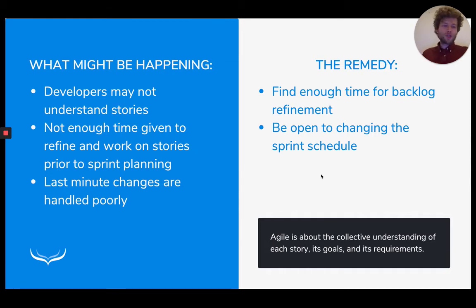And for those last-minute changes, there may be certain occasions when really significant changes are happening in the organization, or we are doing some strategic changes. I think these days it may happen more often, or we just figure out some competitive opportunity that we can take advantage of. So you may need to be open to changing the sprint schedule, saying, okay guys, let's maybe extend the current sprint by 1 week, and we'll take some existing stories from the backlog, or extend the scope of the existing stories, or work a little more on the technical side for that 1 week. We buy time and get more time to work on those last-minute changes,